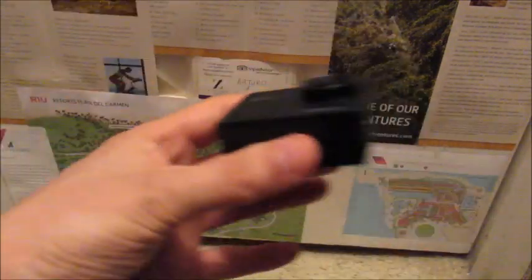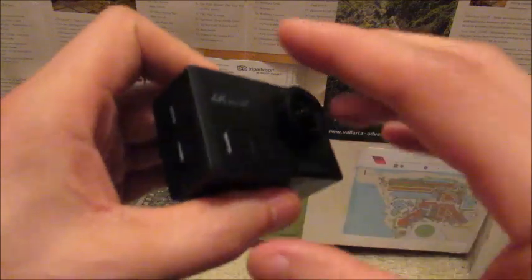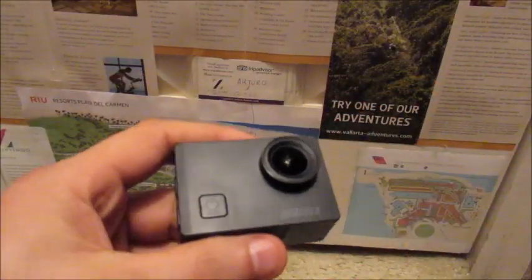So what image stabilization does is kind of what you'd expect. Ideally, it's supposed to, no matter how much the camera is shaking, up to a certain point, ensure that the video is still sort of smooth and not shaking in the same way that the camera is shaking. So I will just say, having owned 17 action cameras,